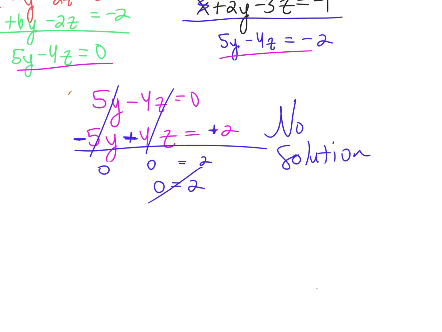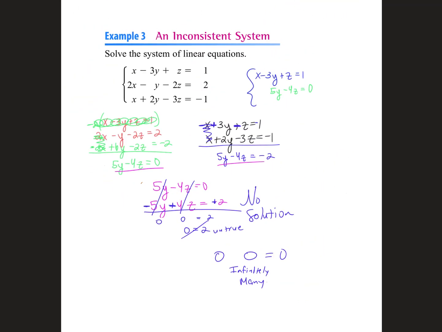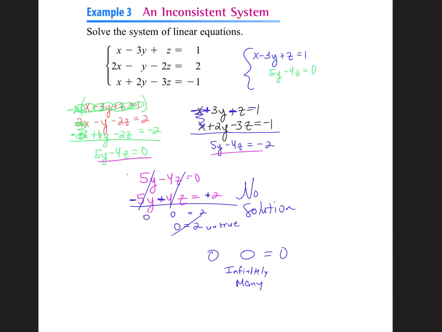If you got it to where everything canceled out, it would be infinitely many. So there's either no solution when you get an untrue statement, or when everything cancels out, it's infinitely many. Or you'll just solve it to where you get your row echelon form and it's z equals, then plug back in